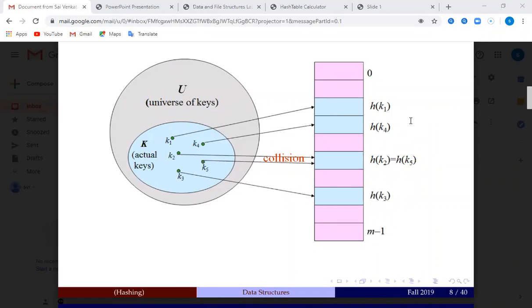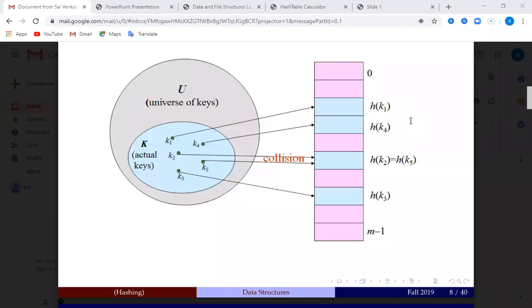Similar to an array, the hash table also starts from 0. So from location 0, we go up to m minus 1 or n minus 1, which is the last location. Suppose the hash table size is 10, we will have 0 to 9. Suppose the hash table size is 15, we will have 0 to 14. Suppose the hash table size is 16, we will have entries from 0 to 15. Like that, we have entries in the locations of the hash table based on the index values, based on the output we get after the hash function.